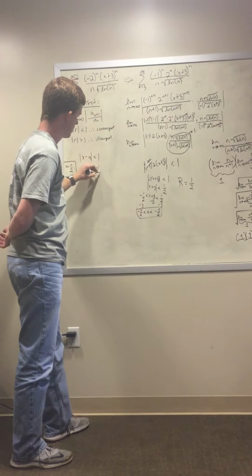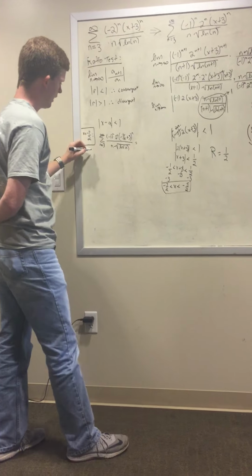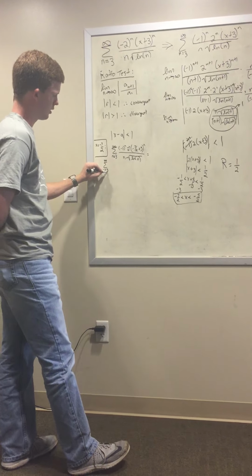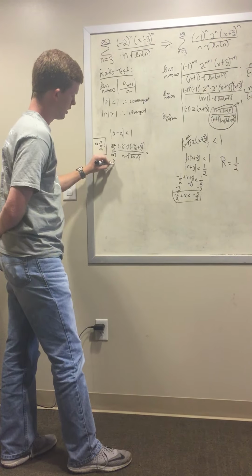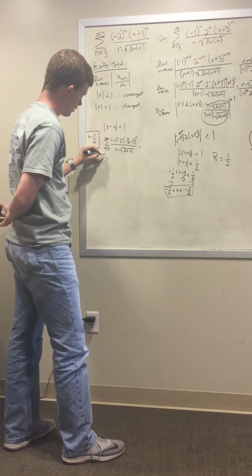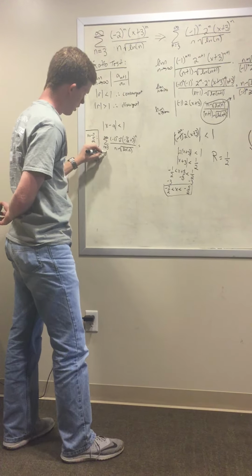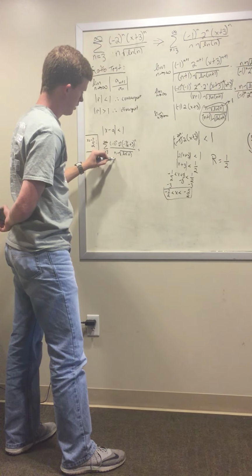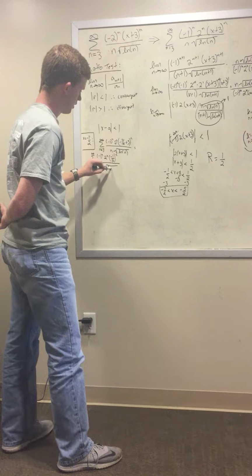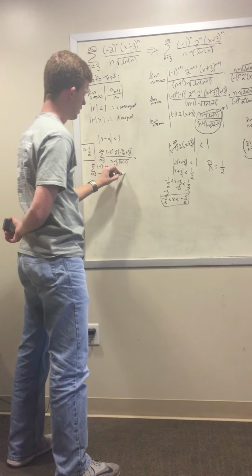And then we'll simplify from there. That will be the series from 3 to infinity of (-1)^n, then -7/2 plus 3 will be -1/2. So we'll have (-1/2)^n over n square root of ln of n. That'll equal